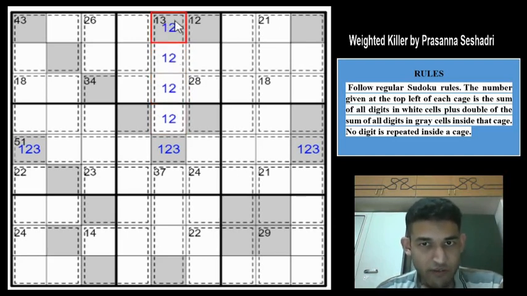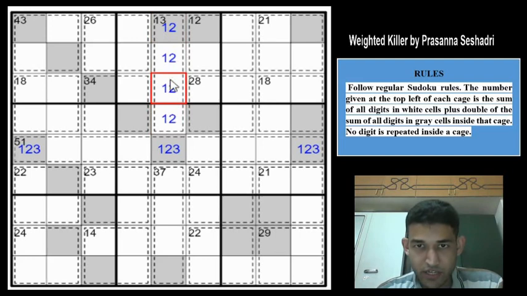And now, can we do away without the 3? If you don't have the 3, then you will have 1, 2, 4 and 5. 1 can be counted twice, which becomes 2 plus 2, 4 plus 4, 8 plus 5, 13. Yeah, we can satisfy the total. So 3 may not be there, right?